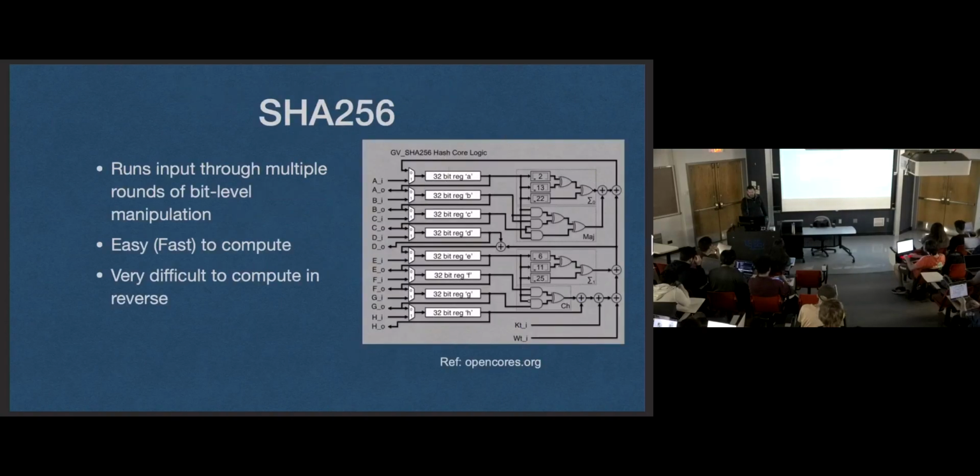SHA-256 does a lot of bit-level stuff that I always blank on the specific details, but it does a lot of calculations, and I believe just runs through this logic multiple times. Since it's all bitwise operations, it's very fast to compute, very, very efficient to compute one of these hashes. But going backwards, you just can't jam the output back into this and get back to the input. It just doesn't work for magical reasons. I don't know. I don't remember.